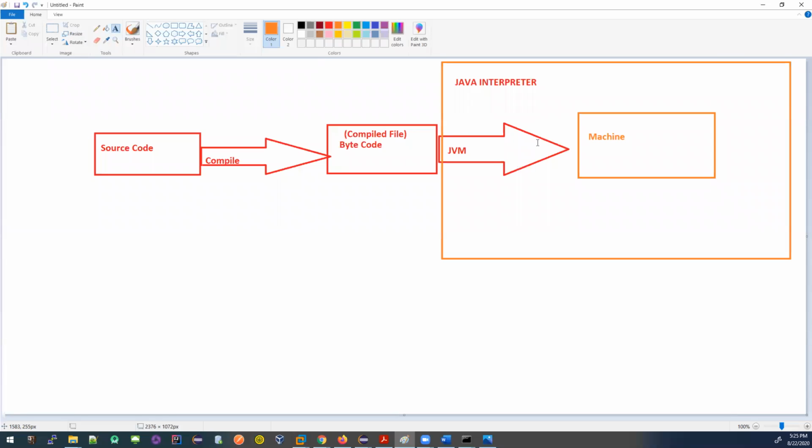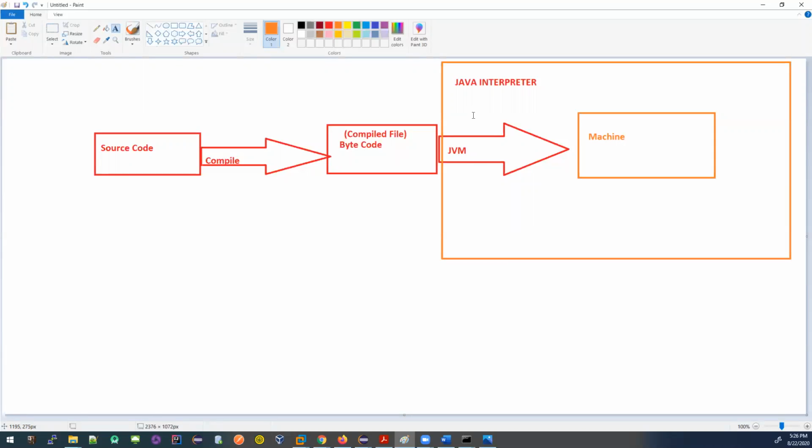Like I told you, the memory allocation, the class loading. One of the tasks the Java virtual machine does is execute every single statement written in the bytecode into something that the machine can understand. To achieve this, you need another interpreter, another helper that can do the task for you. This is called the Java interpreter. The Java interpreter will take the instruction and convert it to something that the actual machine can understand.